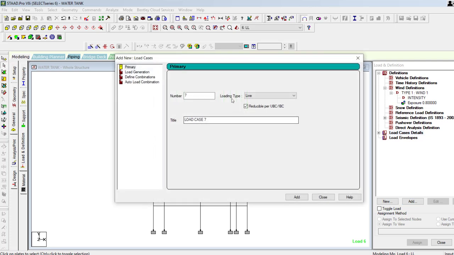After this, in the load case detail, we have to add the wind category, same, x direction, add, -x, add, z, add, -z, add.